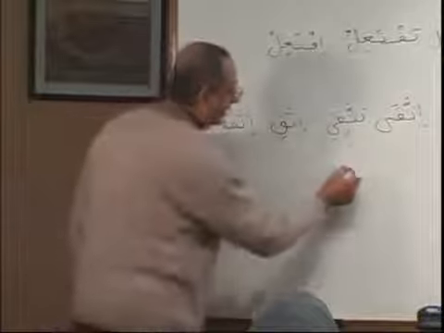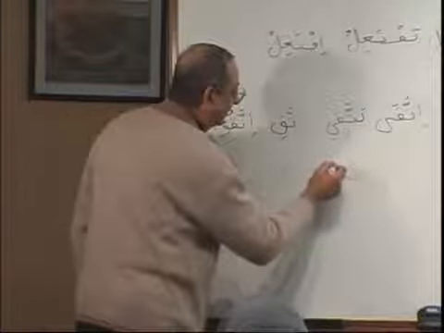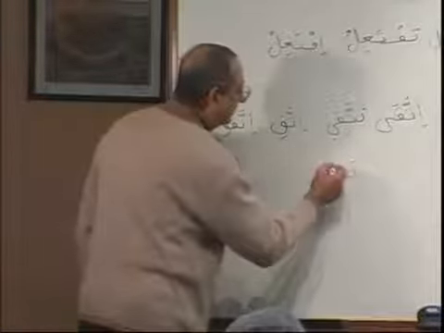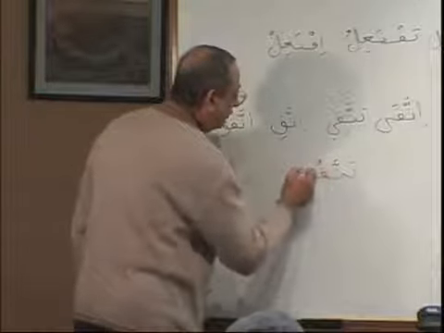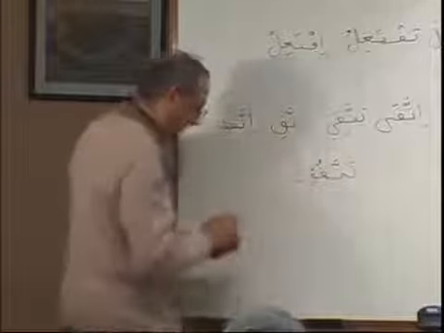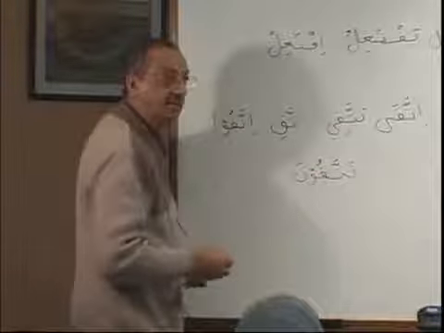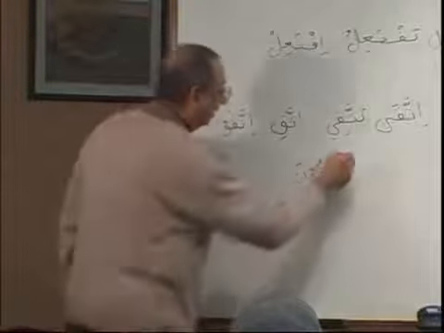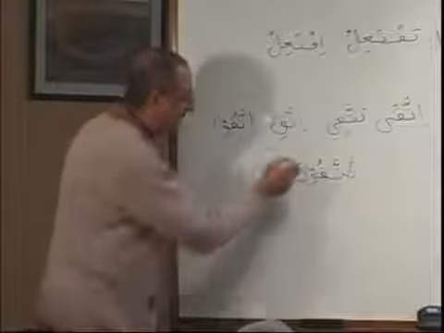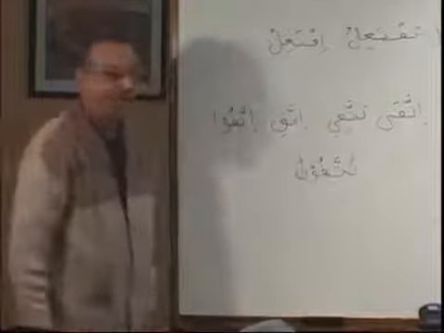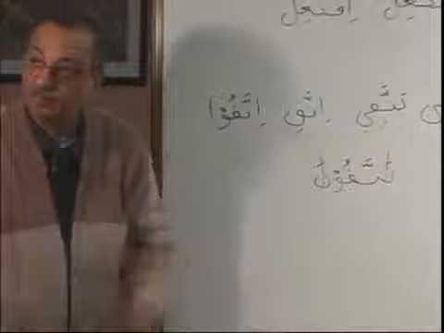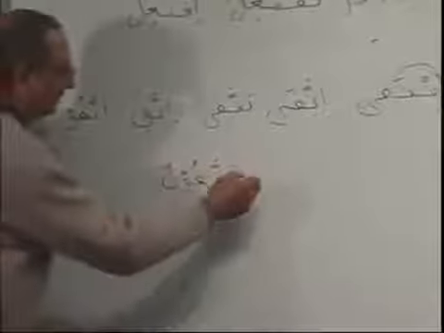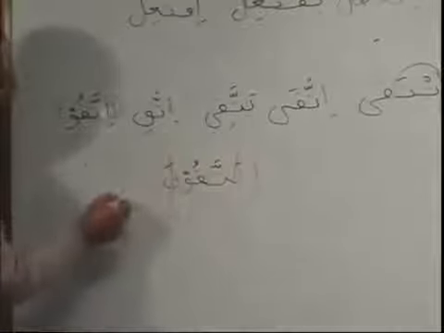Okay, let me write down. Brother Hassan, chop chop. We have here one chop, one chop here. Now, brothers and sisters, remember, the first ta has a sukun, I cannot pronounce it. I have to bring alif. So it became